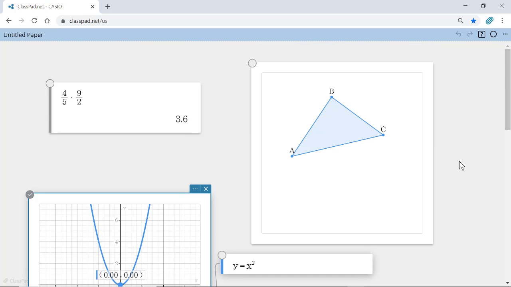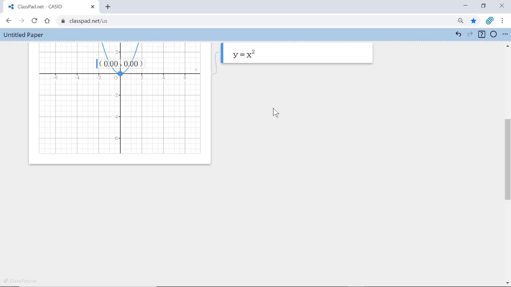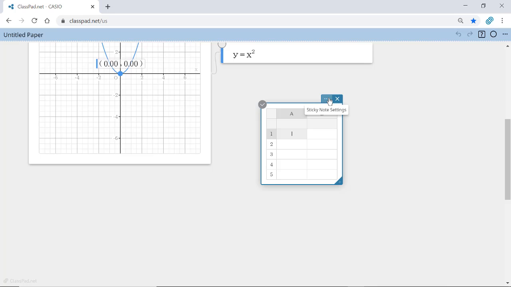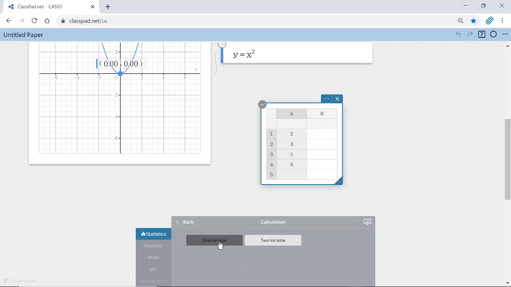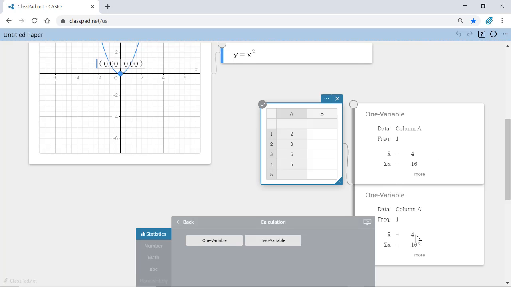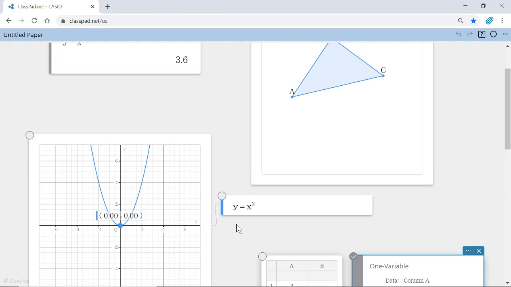So all you have to do when it says get started is just click and decide what it is you want to do and then go do it. So if you wanted to do a table, you could enter some table values and make some statistical plots. Let's just do a real quick one. So when I click my table that I just entered, I now can do some calculations. I could do my one variable statistics, and there's my one variable. Oh, I did it twice. So whatever you want to do, that's what you do when you get started.